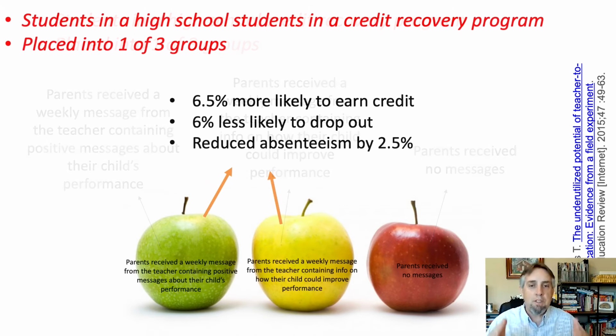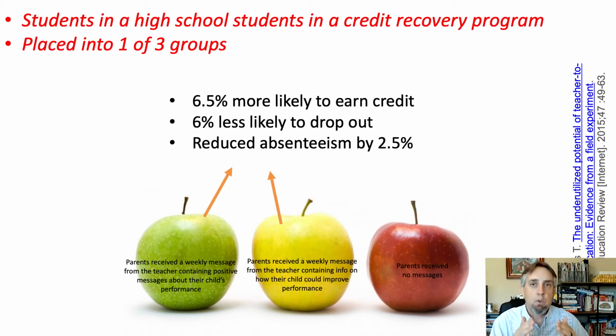Now, when you look at the data from the two groups on the left and the middle, all they had in common was a weekly communication. Weekly was the key. We see a really nice bump. Maybe not earth shattering. You might say 2.5%, is that really a big deal? Well, the sample size in this particular sample was big enough that 2.5% actually does make a difference. So that was interesting. And all they had in common was weekly communication.